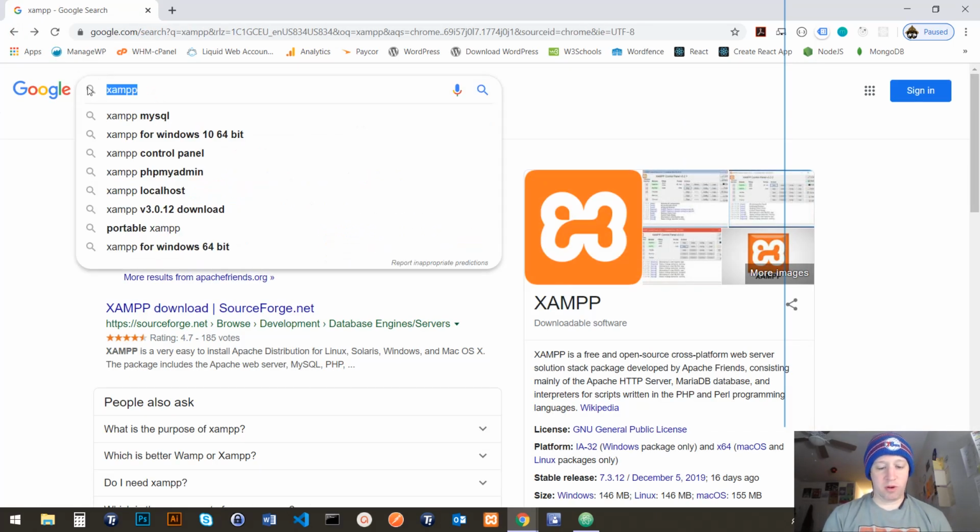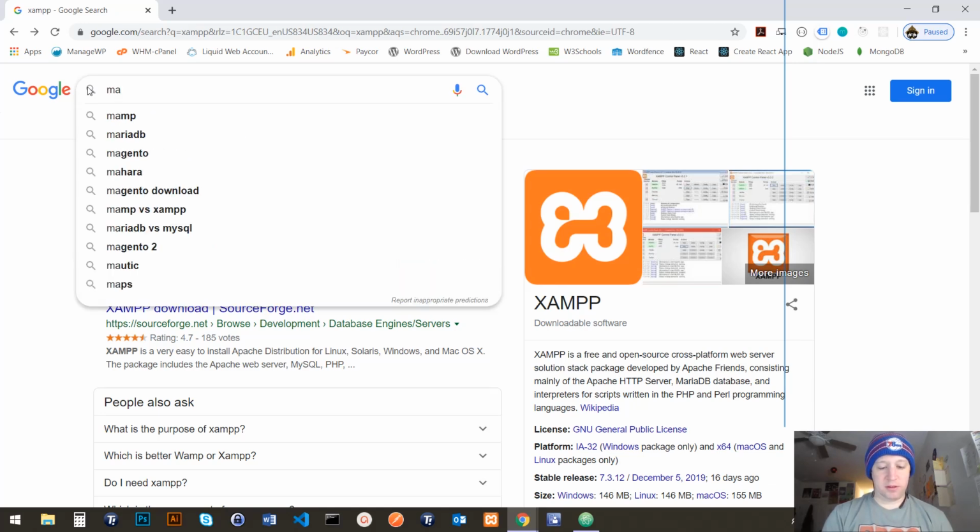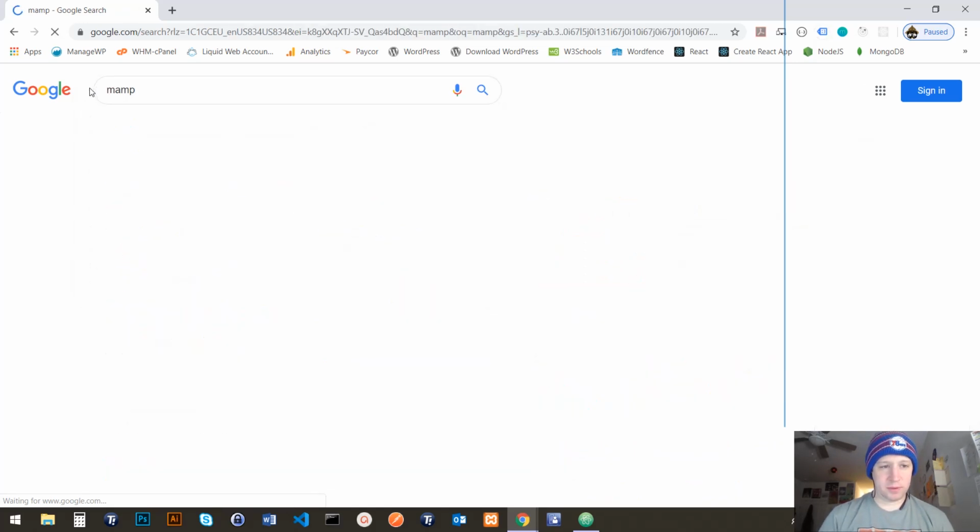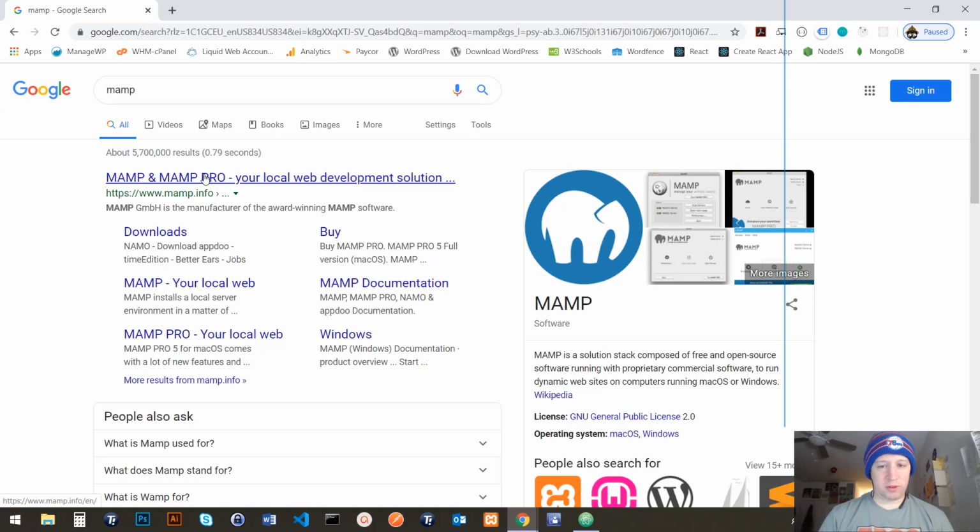If you are on Mac, I think it's MAMP, and you do the same thing, and it works very similar. You'll see a lot of the same options. Anyway, once you have that installed,